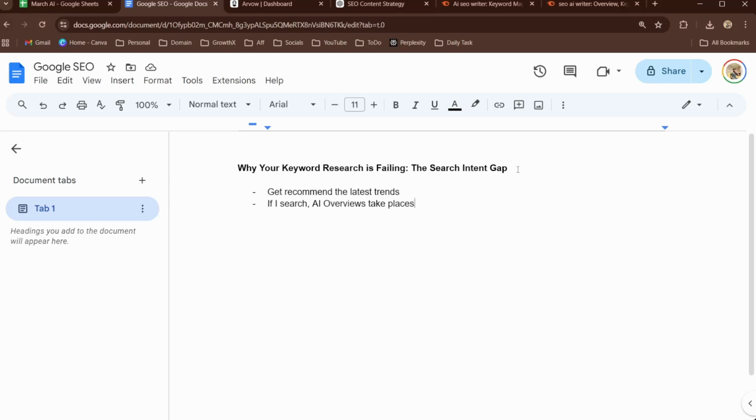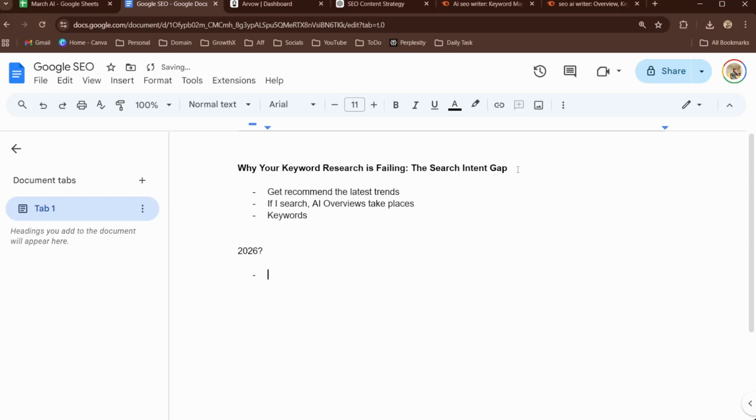There is not even a need to go to the website, because the information I need has been provided by AI overviews. So keyword research doesn't work anymore, because if you optimize your site for keywords, it's just a waste of time. So what's happening in 2026 with all these overviews and AI overviews?